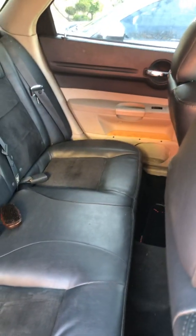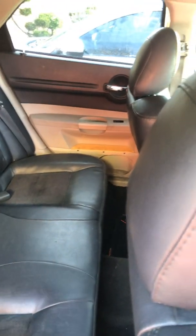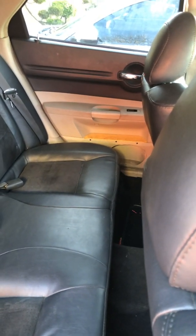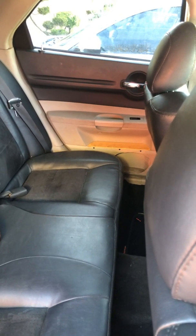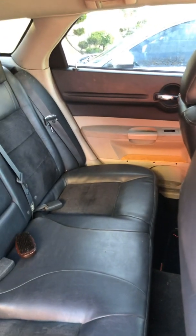The seat belts need to be cleaned up a little bit. But other than that, everything else is good. The door panels are coming out. I was originally going to do those door panels with the 6x9s, but my boy Rick said he's going to do them, so I'm going to give him mine. And what I'm going to do is